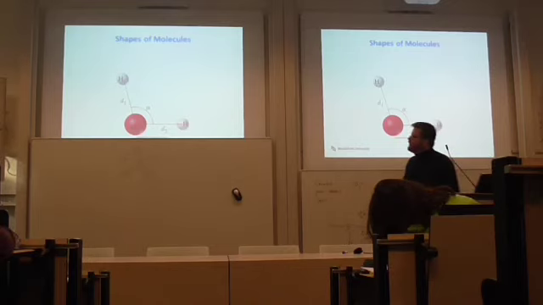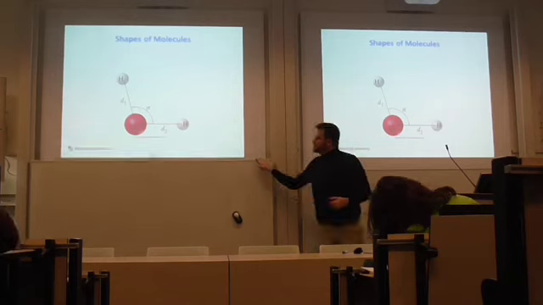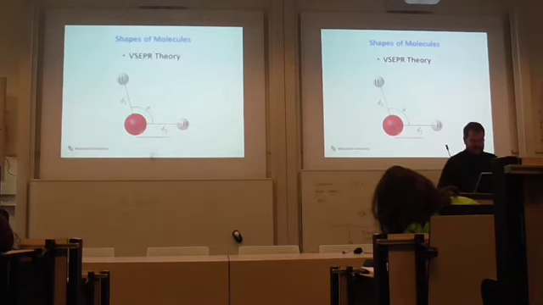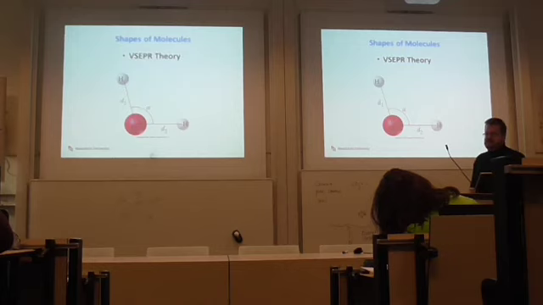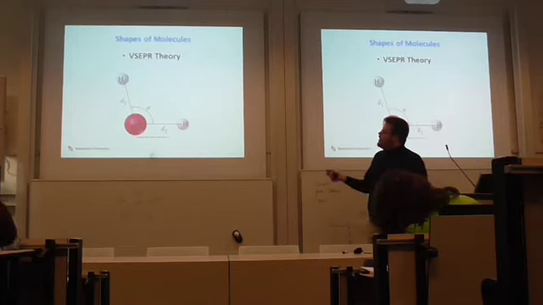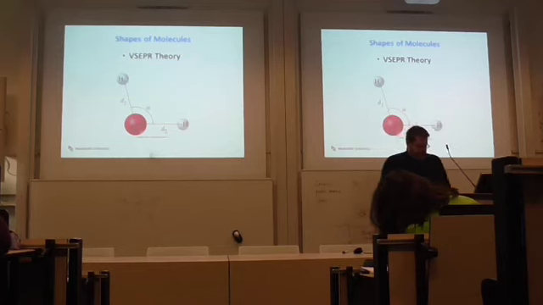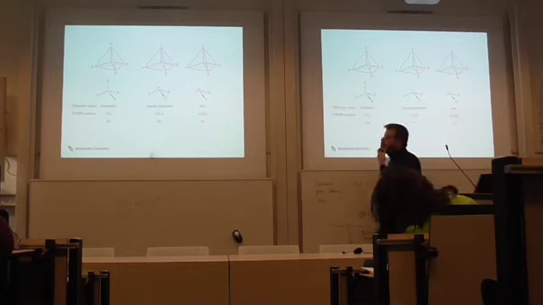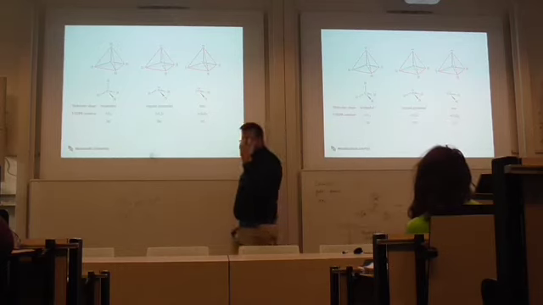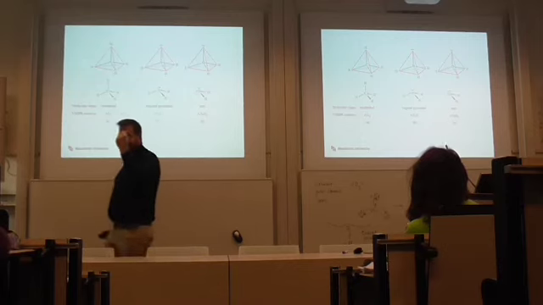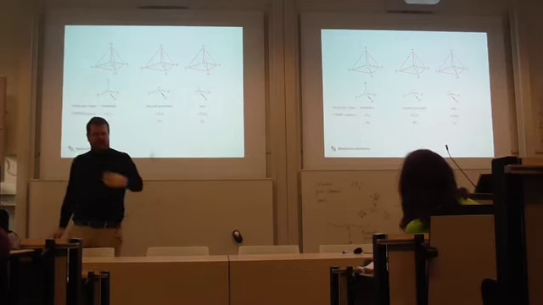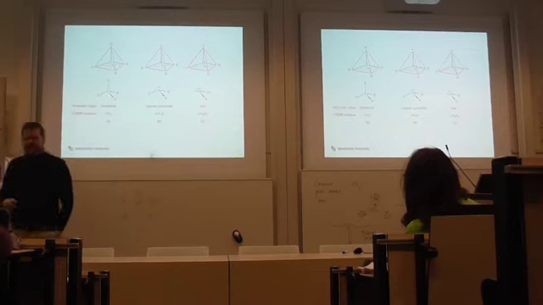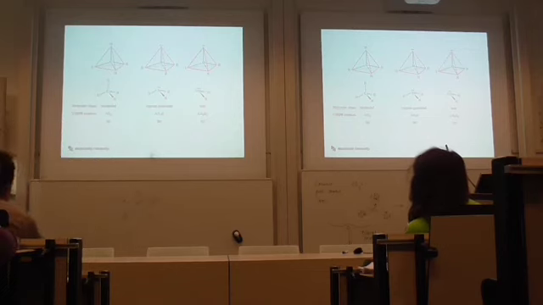Now, VSEPR stands for valence shell electron pair repulsion, and it's a very robust theory for simple molecules. Of course, it breaks down when you start working with transition metals and stuff, but it's pretty robust. Essentially, we're positioning bonding and lone pairs around, it's all about what's happening around the central atom. That's going to dictate the geometry. Let's look at these three examples. I have methane, ammonia, and water. Now methane, that's the Lewis